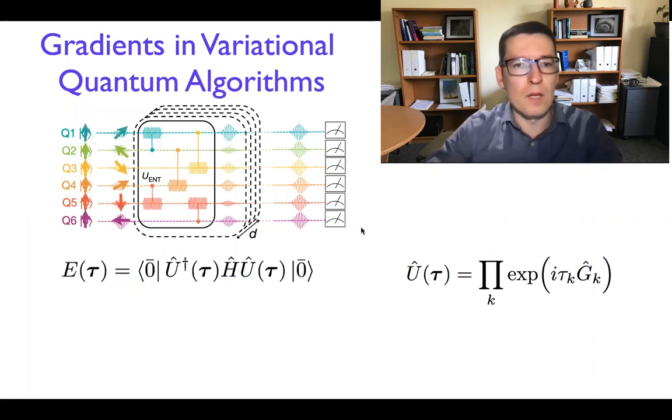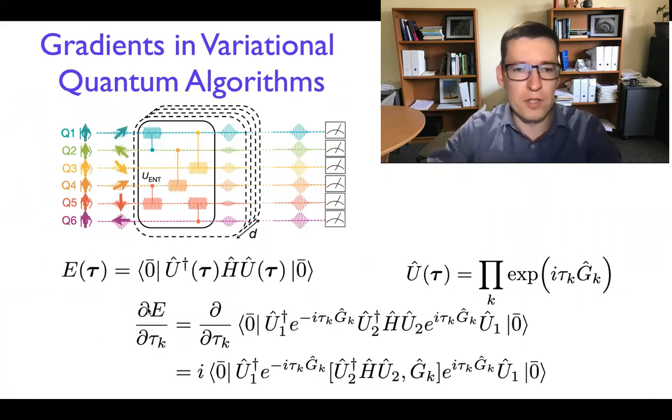And let's see, as I said already, we mainly were looking at the variational quantum eigensolver, but these techniques that we developed can be used for any variational quantum algorithm, not necessarily an eigensolver. All right, but in the eigensolver, we have energy as a cost function. And in order to calculate this energy gradient with respect to the amplitude of a particular generator, right? We have this, well, relatively complicated looking expression, but nothing conceptually difficult here really, because this U1 and U2 are